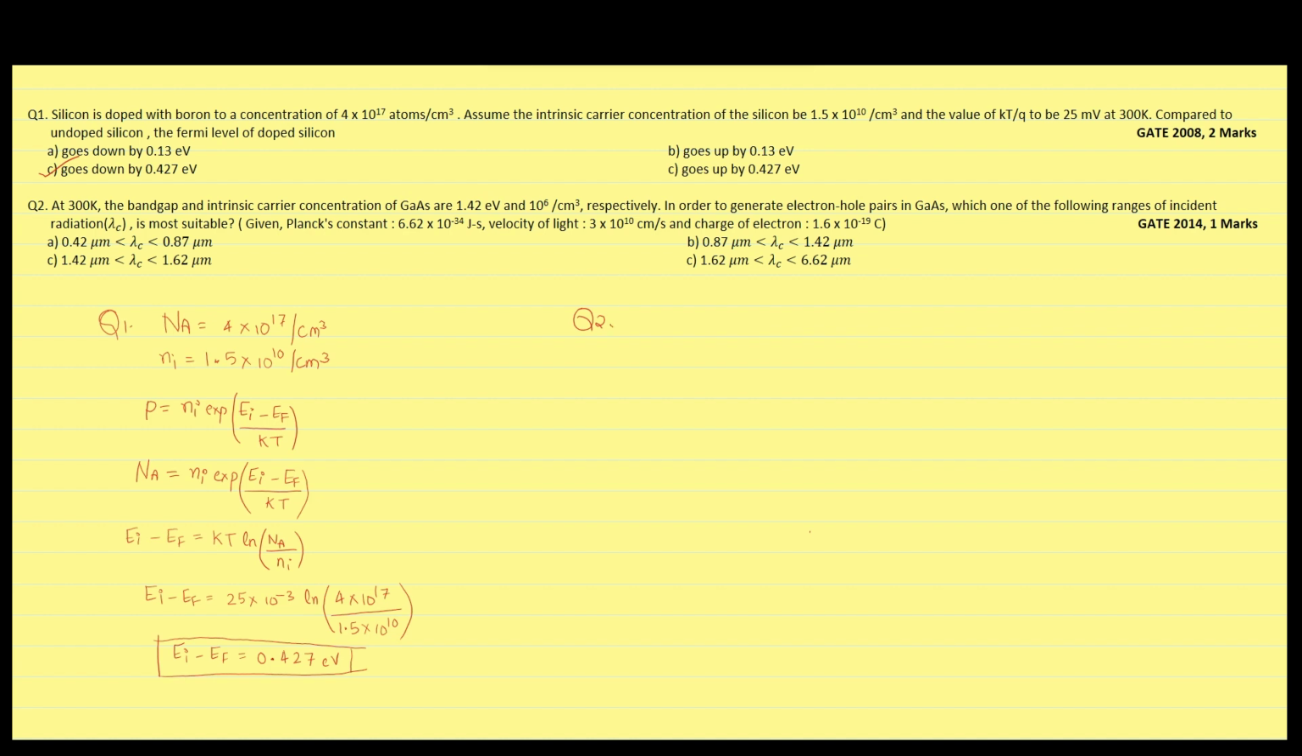For second question, we know that energy of the radiation should be greater than band gap energy, and also energy E is inversely proportional to wavelength. So, the wavelength of the radiation should be equal to or less than the cut-off wavelength, which is provided by 1.24 divided by band gap energy in electron volt, and the unit of wavelength will be micrometer. So, the wavelength should be smaller than or equal to